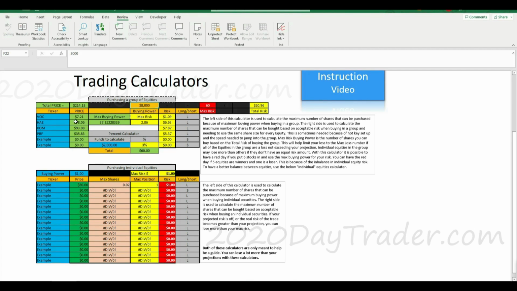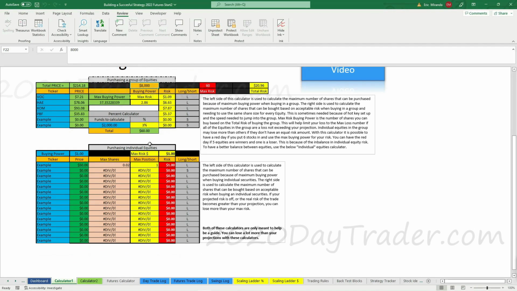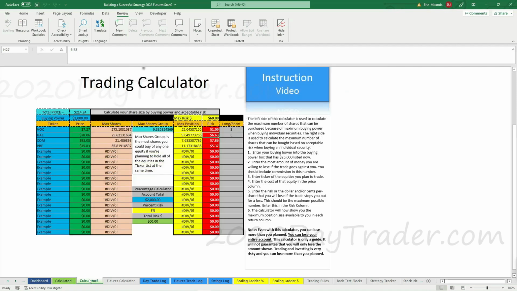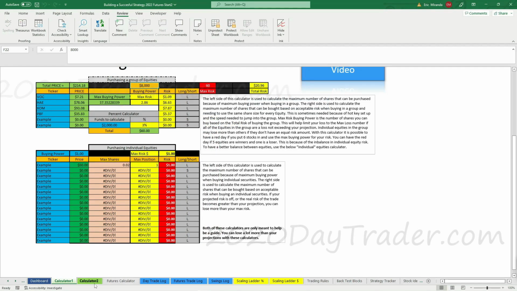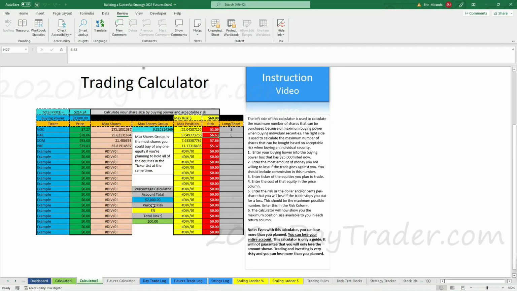So then I put my tickers in here. I put my risk on each trade, what I potentially could lose on each trade in there, so I can kind of see what's going on. So if I come over to this calculator here, calculator 2, there's different calculators, so you can use them in different ways. I'm just kind of giving you the rundown. So over here I put in my 3% risk on my $2,000 account. So basically $60 per trade is what I'm risking in order to be within 3% of 2,000.